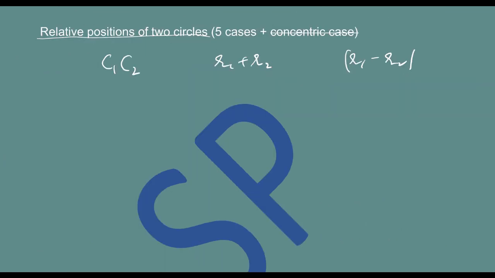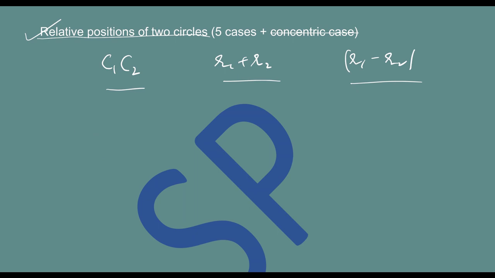See, in the above discussion I did not talk about the concentric circles case because we know that when the circles are concentric, they have the same center. So the moment we look at the equations, we can read the centers and the centers are going to be the same. Then obviously the circles are going to be concentric circles. Now, what I am saying is, to decide the relative positions of 2 circles, you calculate first these 3 numbers.